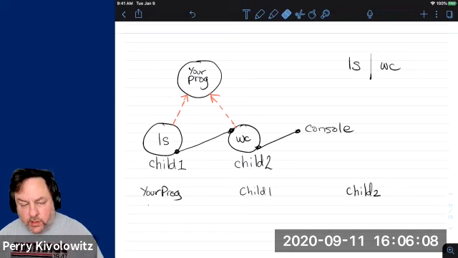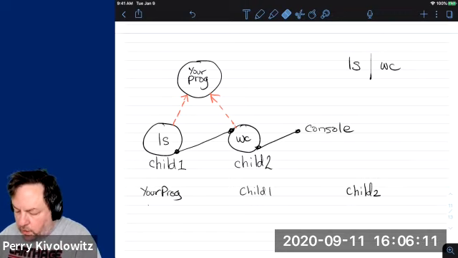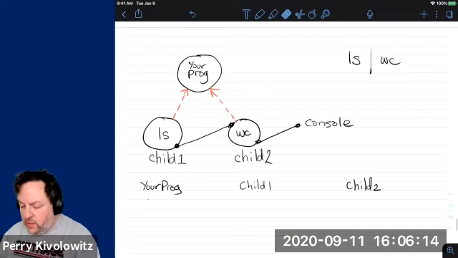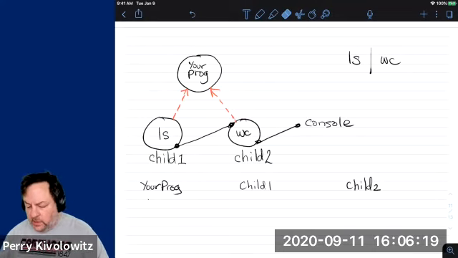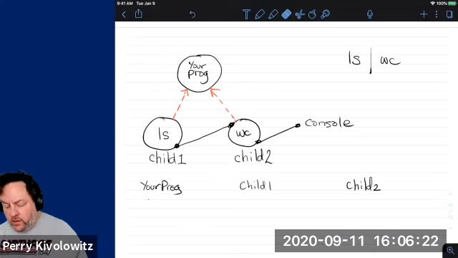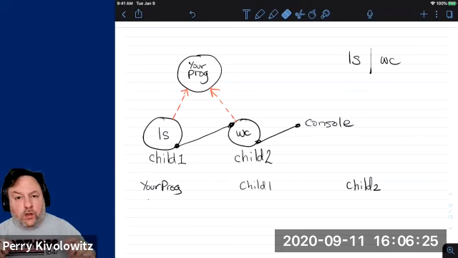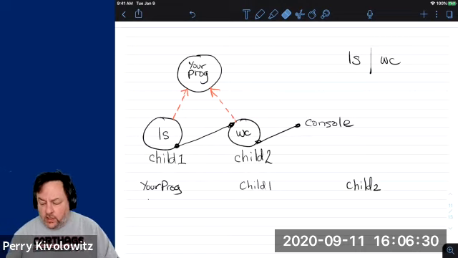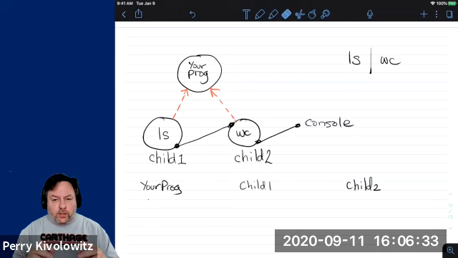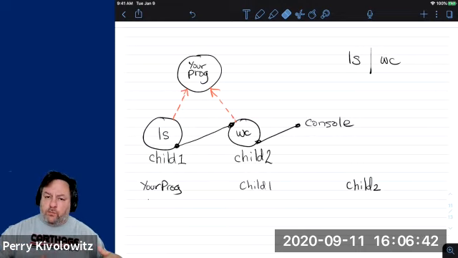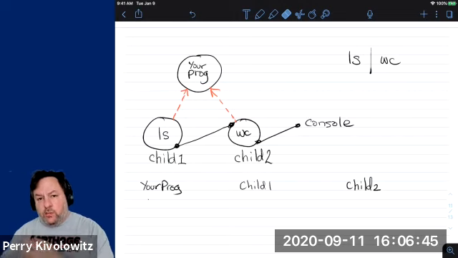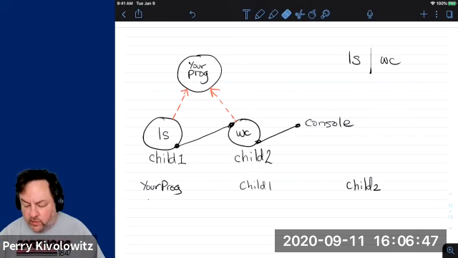Okay, so what we're doing here, everybody, is going over how to set up the pipe between child one and child two in this assignment. What we're trying to simulate is ls piped to wc. So when the parent, which I'm calling your prog, is running after it has also launched and done the processing of ls and wc, this diagram here